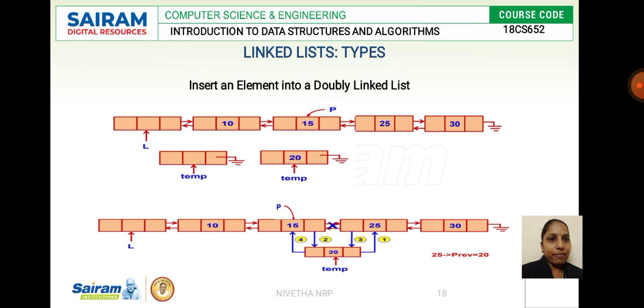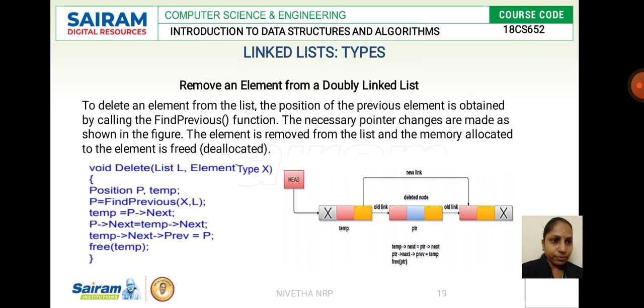See, here is an example. We have 10, 15, 25, 30, and we are supposed to insert 20. Now what we do, first we create a temp and we store 20 in a temp. Now 15 will be holding the address of 25. We have to break that, and we have to create a forward link from 15 to 20. Then we have 2 forward links here, from 20 to 25, 1 forward link, and from 15 to 20, 1 forward link, and 2 backward links, that is from 25 to 20, 1 backward link, and 20 to 15, 1 backward link. And with that code, we will be creating the 2 links here.